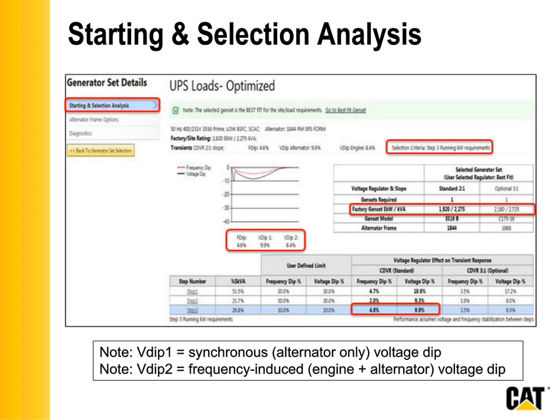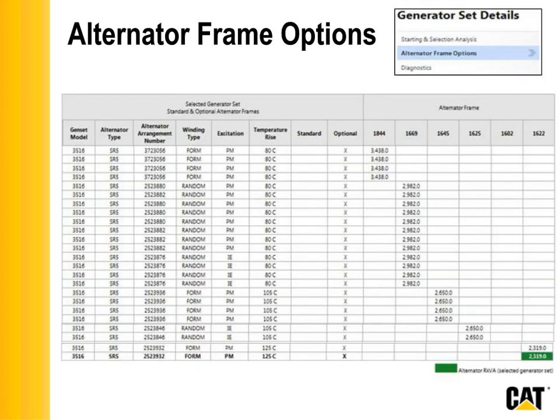So, we looked at the starting and selection analysis page. Another page, the second page, is generator set details. Remember, you got here by clicking the view command, is the alternator frame options. This actually came about a few years ago. I was down in Sao Paulo, Brazil, doing some training for our dealer down there, and I had a dealer ask me,